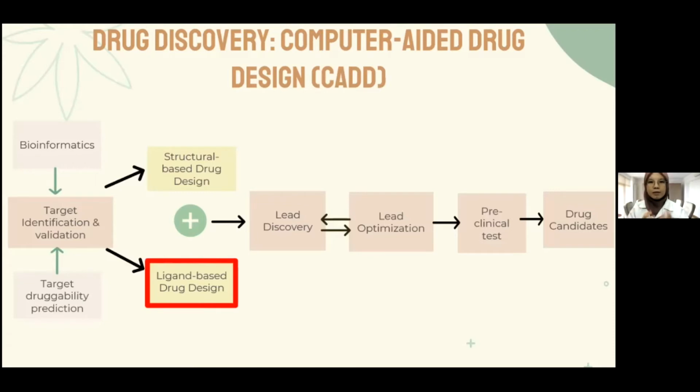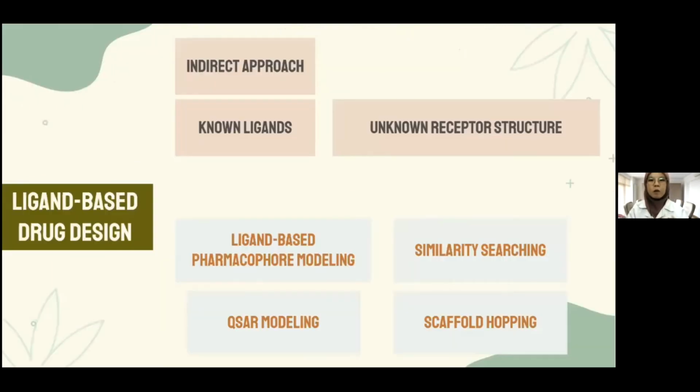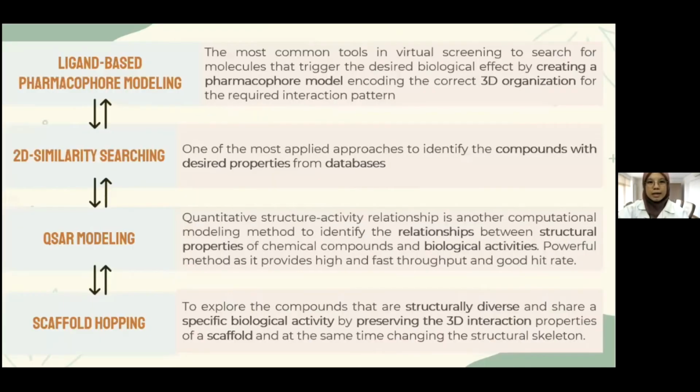Ligand-based drug design is an indirect approach where we will predict how the ligands bind to the receptor without knowing the structure of the receptor. There are many tools that use ligand-based drug design, which are shown in the slide. Ligand-based pharmacophore modeling is the most common tool to explore the molecules that trigger the desired biological effect. This can be done by creating a pharmacophore model,